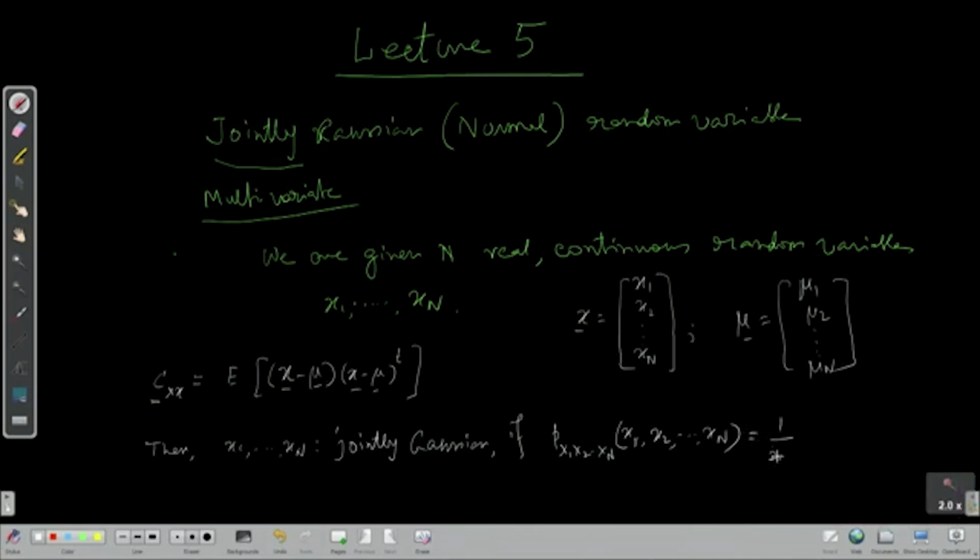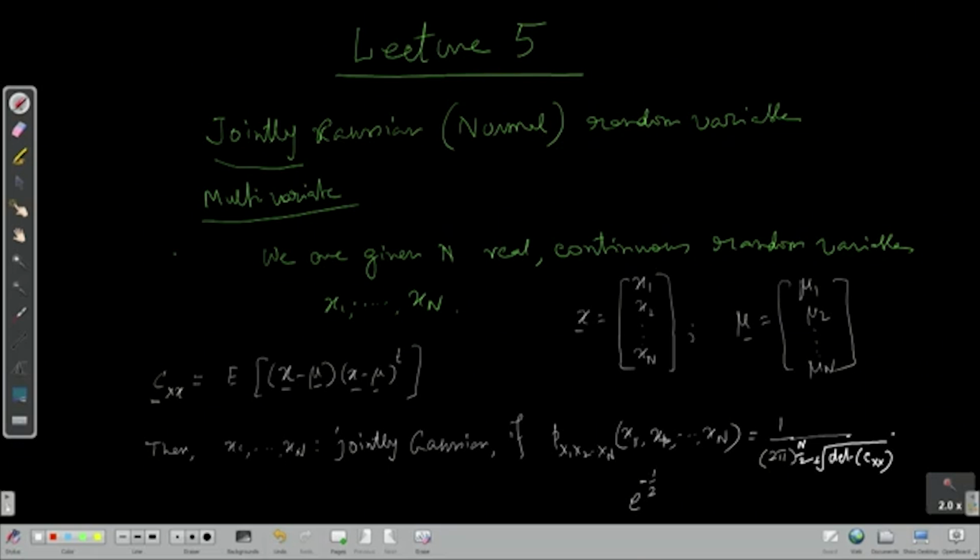First 1 by 2 pi to the power n by 2, and then the determinant of this matrix Cxx, its positive square root, into e to the power, I don't have space here so I am writing here, e to the power minus half